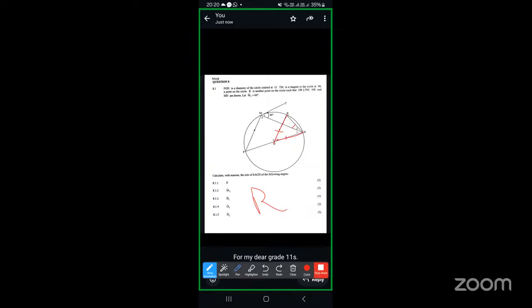Therefore, this angle is going to be equal to that angle. Do you guys agree to that? Yes, sir. Then we already have this angle right here. We found that angle as 66 degrees. Therefore, we can let this angle right here, any of the two between these ones, be